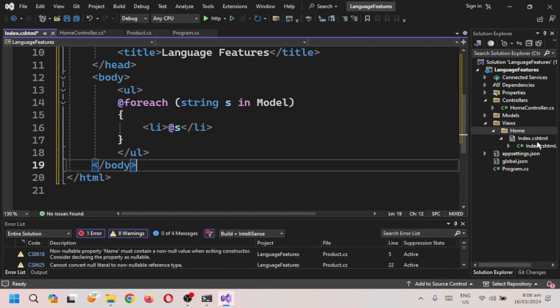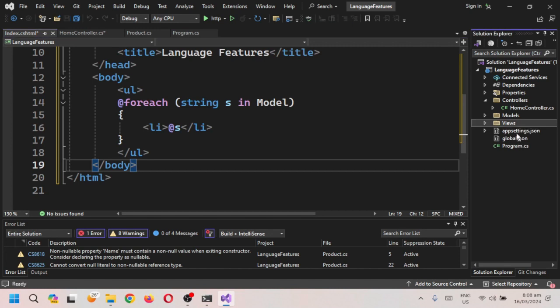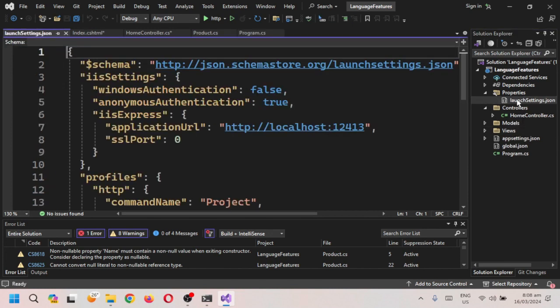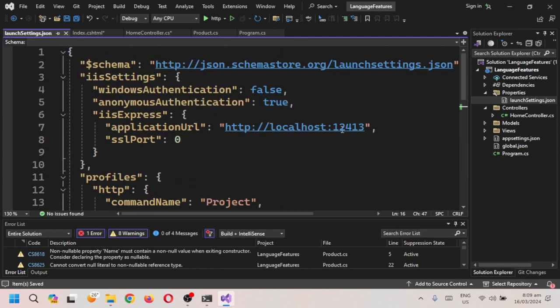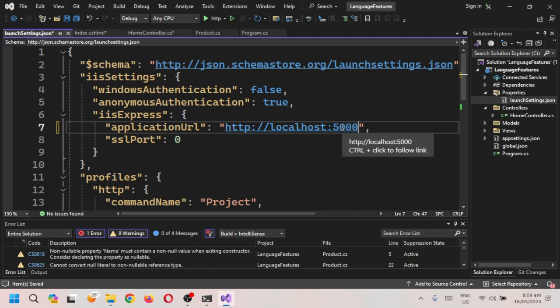So this is where we configure the port. It's in the Properties, launchSettings.json file. So we change here the port number. Instead of 5148, for example, we'll use again 5000 as our port number. Same with the profiles and also here in our IIS settings, we'll change this also to 5000. So when we execute this project,